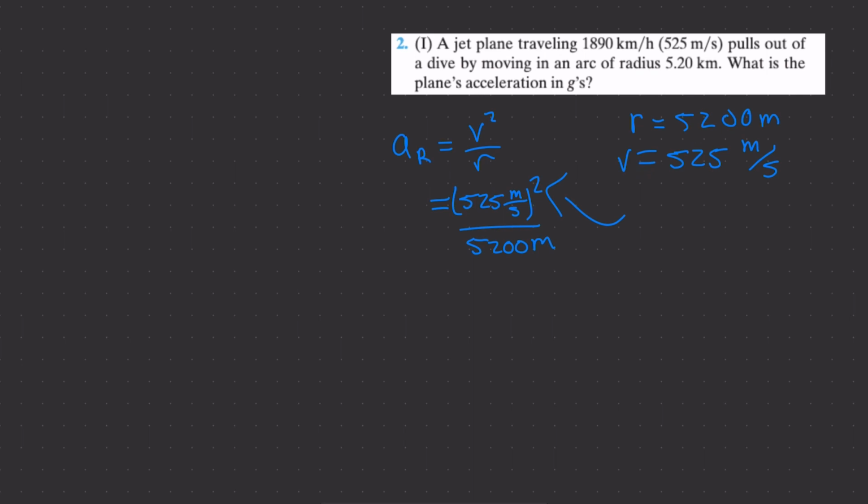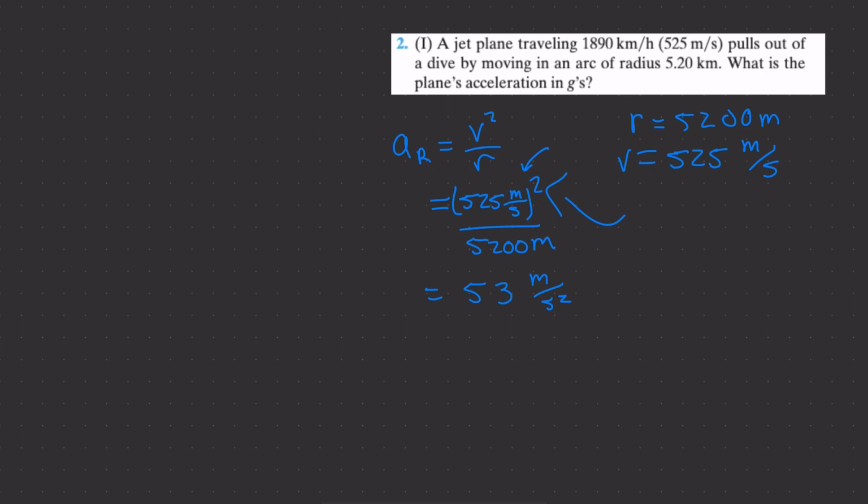All right, so taking a look at these units, I know that my units on my numerator are going to be meters squared per second squared, and when I divide by meters, that's going to leave me with meters per second squared. So if I just take my 525 squared and I divide it by 5,200, that should go ahead and leave me with about 53 meters per second squared. Okay, and then that should be my centripetal acceleration, but the question is asking me to convert it